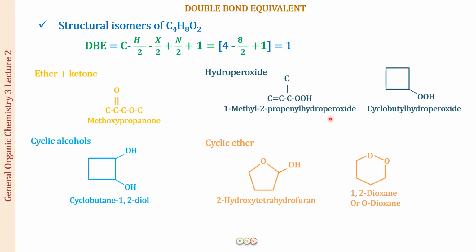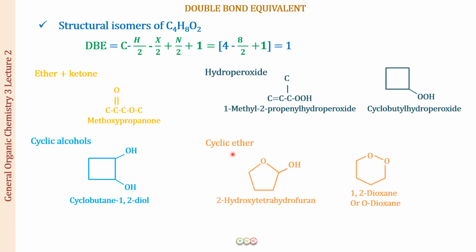Again, now instead of one double bond, I can put up a ring also. So a ring, I am putting up a 4-carbon ring with an OOH group. So this is going to be cyclobutyl hydroperoxide. Similarly, you had drawn two OH groups with an alkene. I can draw a ring with two OH groups. So this is cyclobutane-1,2-diol. You can vary the position of the OH groups. You can decrease the number of carbons in the ring. So again, there are going to be many possibilities that we can have, right?